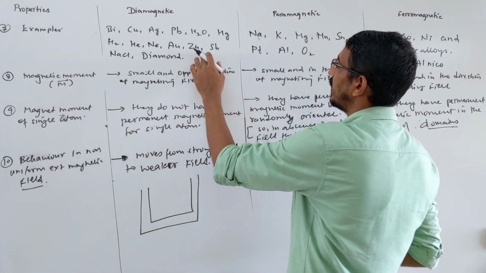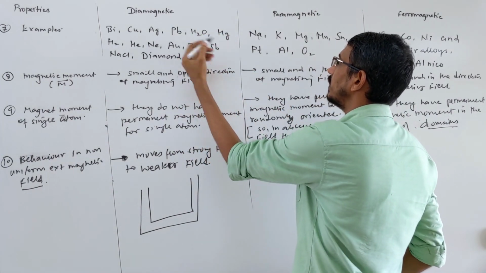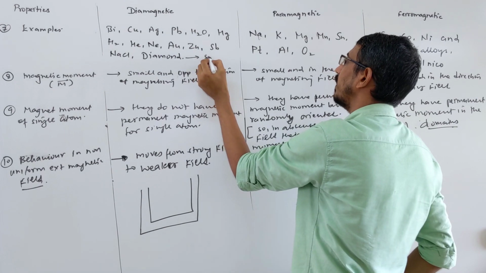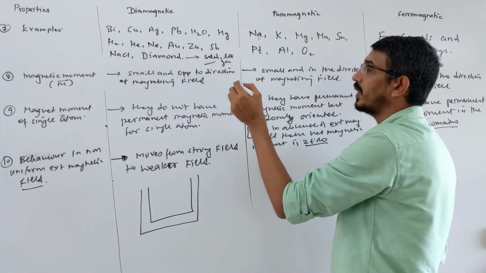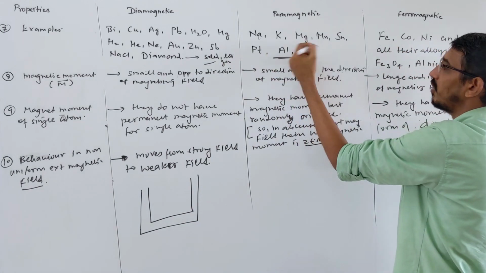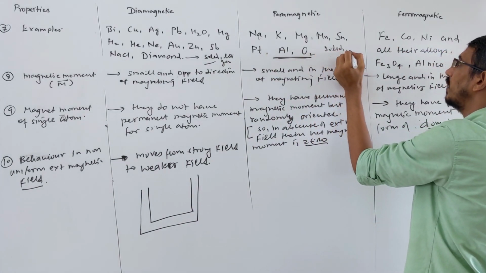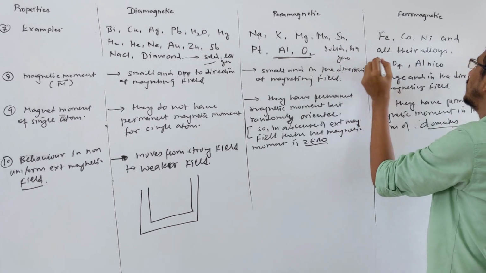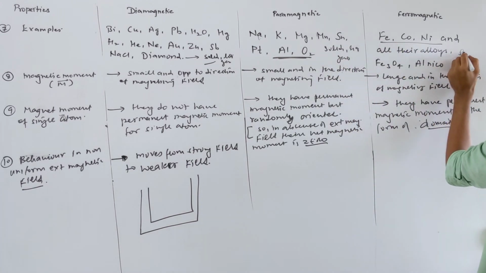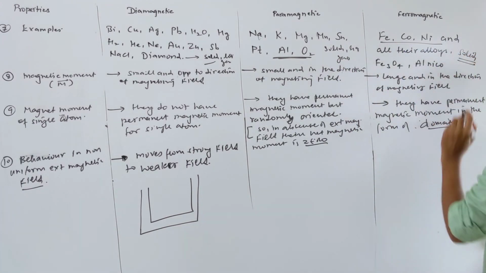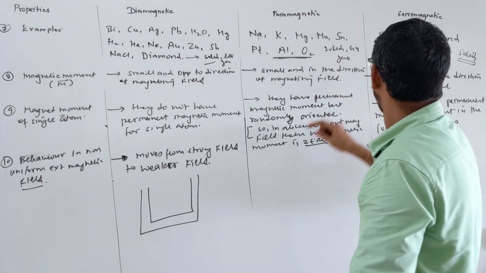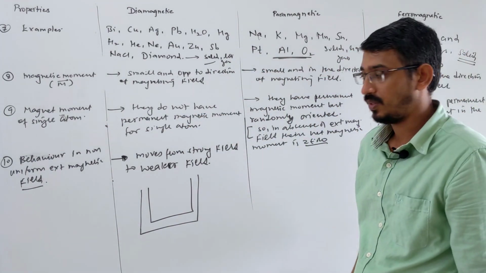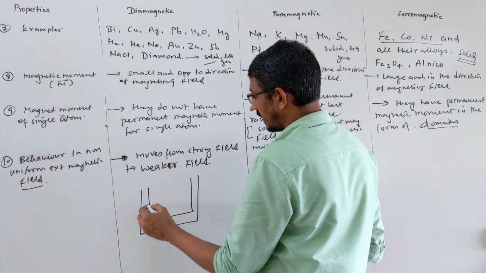Diamagnet, I gave so many examples. They are available in what? All forms. This type of material is available in all forms, like solid, liquid or gas. Same thing here also, they are available in all forms: solid, liquid and gas. But generally these guys are available only in what? Solid form, crystalline form. Para is available in all three formats: solid, liquid, gas. Ferro is available only in what? Solid generally.